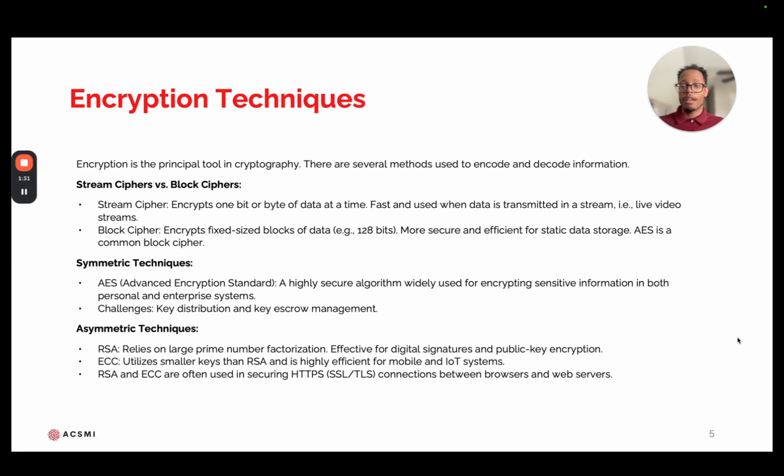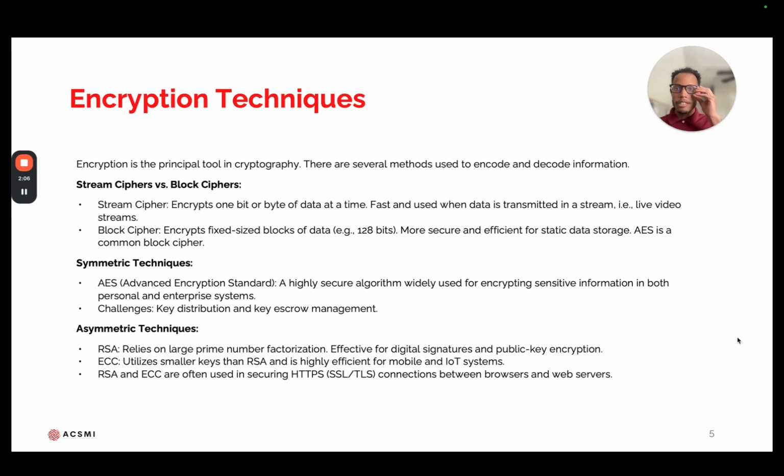The difference is that stream ciphers are going to encrypt one bit at a time, whereas a block cipher is going to work on fixed-size blocks. An example could be 128 bits at a time, right? Now, it's most secure and very efficient for data that's static, that's not moving, that's not dynamic. Versus a stream cipher, which is really good for dynamic data in transit, like live video. When we're talking about AES and all the different aspects of it, AES is considered a block